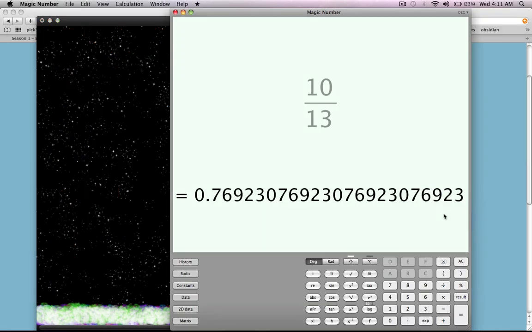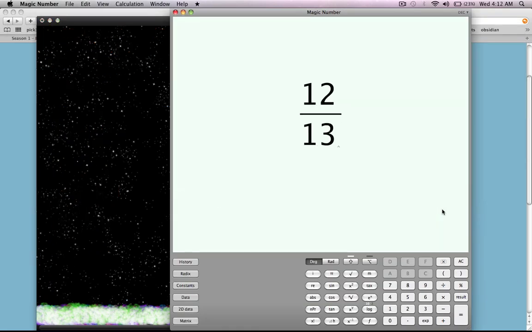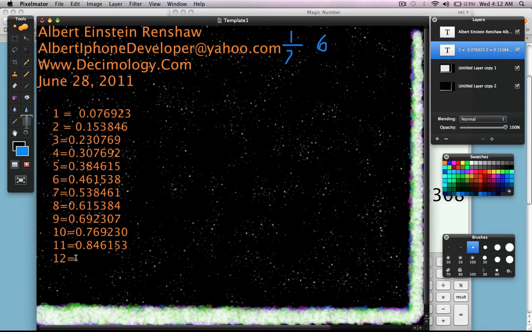11/13. 8-4. So we're back on that second pattern. 6-1-5-3. And last but not least, 12/13. 0.92307. So we're on the first one. 0.92376. All right. So our next one that this repeating fraction pattern works for is